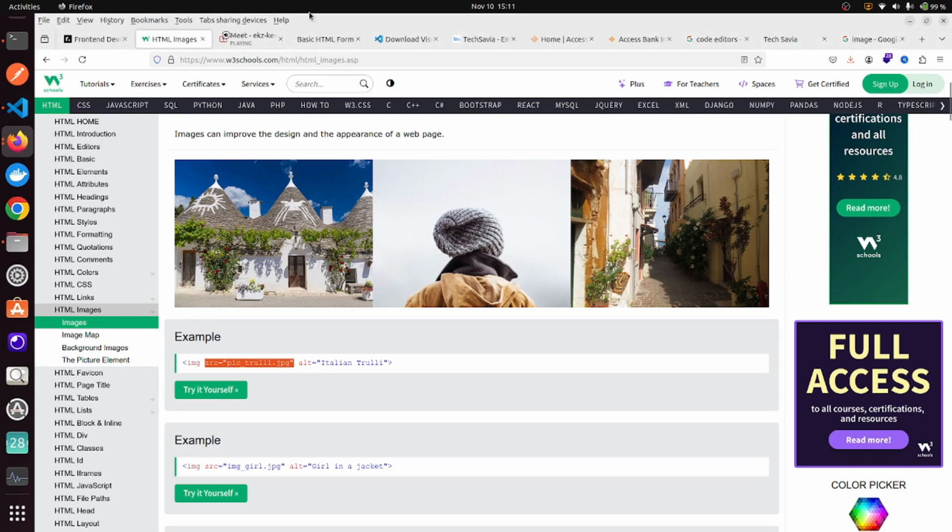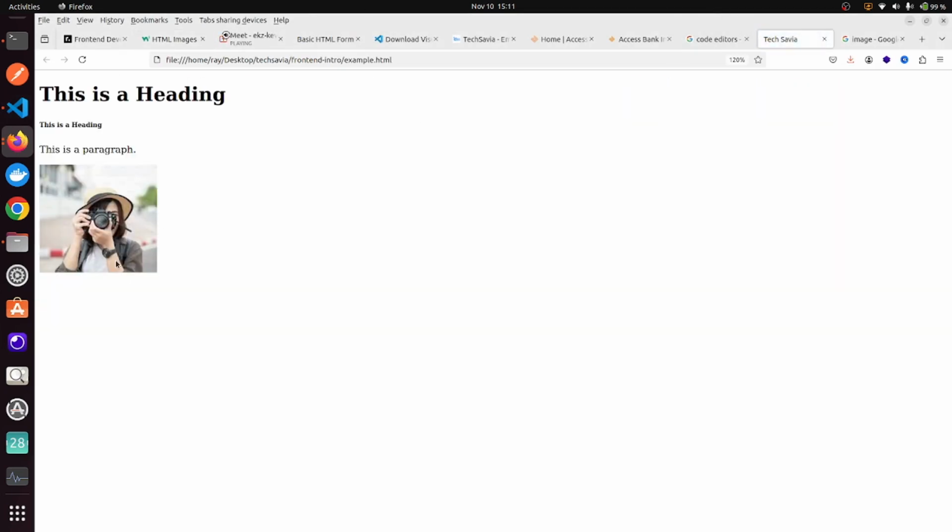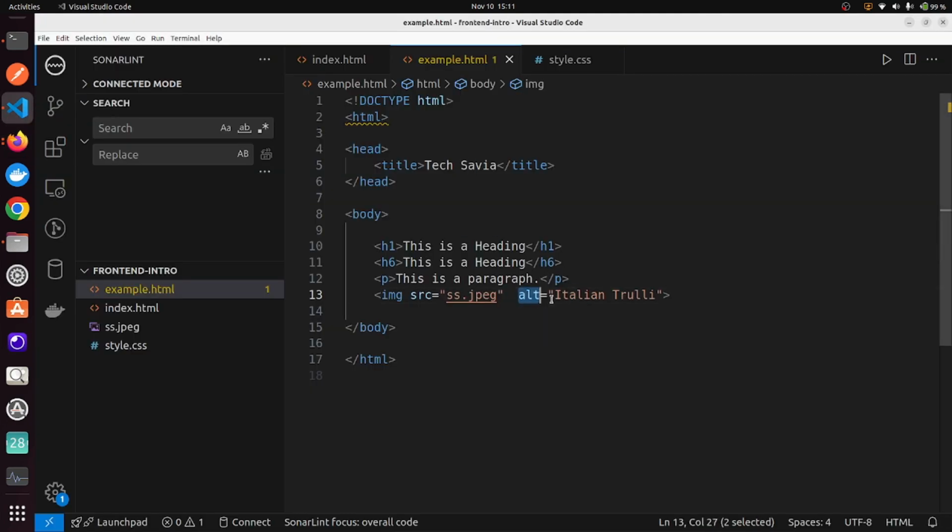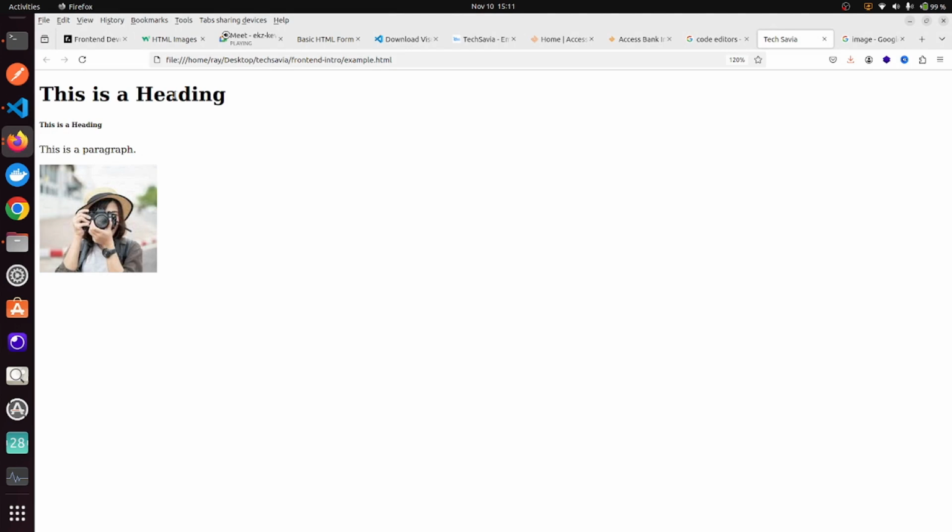Let's save this document. Let's reload the website. If you notice, because the image can be found, this alt is not displayed. Now let's use an image which cannot be found. Let's say 111. Let's save the document again. Remember, whenever you make changes to your document or to your code, you need to save it. Ctrl S. So I have saved it now. I'm going to go to the web page and reload the page. What do you see? The image cannot be found. Because the image cannot be found, that is why it is displaying this